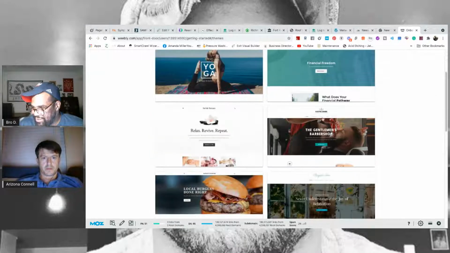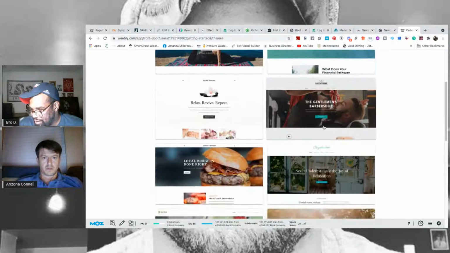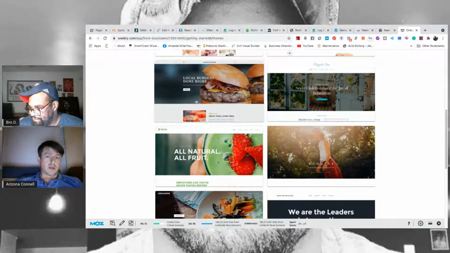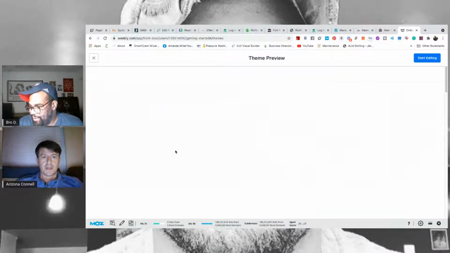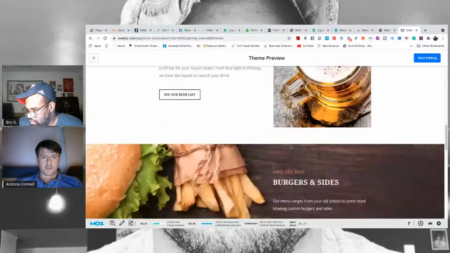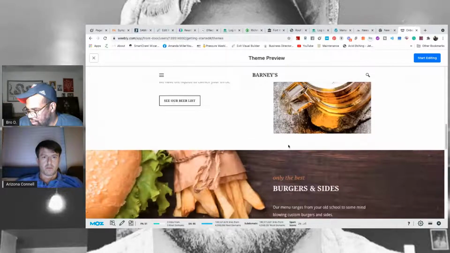We want to keep this theme as simple as possible. You see, they get pretty complicated where they got burgers and all that stuff. Oh, look at that. We might as well do that one. It's already got a lot of stock images that we can use. So let's go ahead and pick this one, it might make it pretty simple.